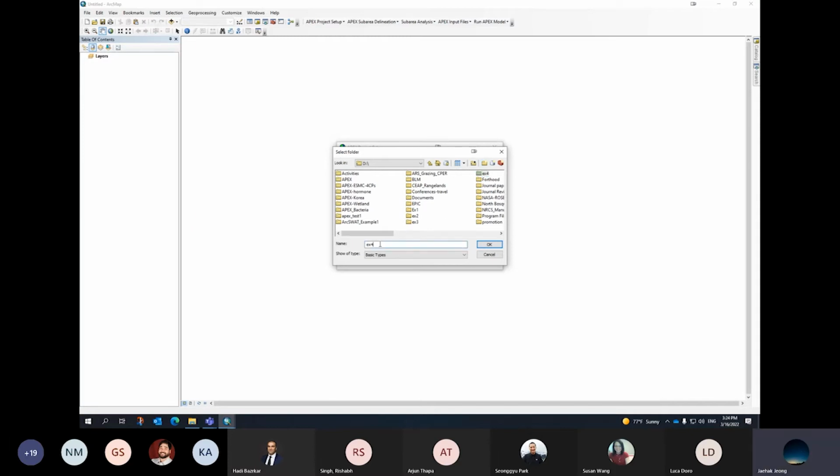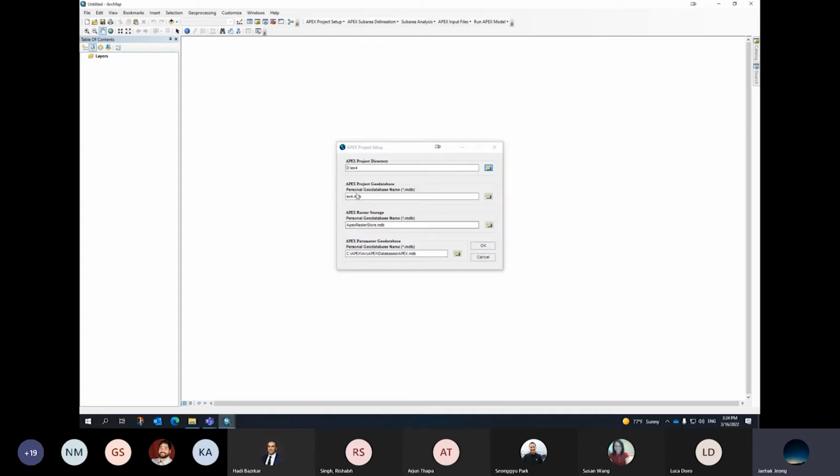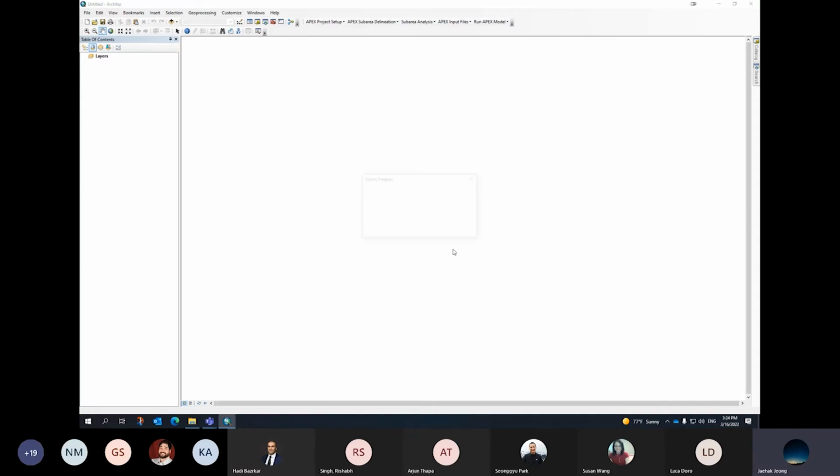Make sure that EX4 is selected under the name, and then click OK. Okay, so OK to create a new project. Then the next step is to go to the automatic sub-area delineation. We'll select the Apex standalone delineation menu,